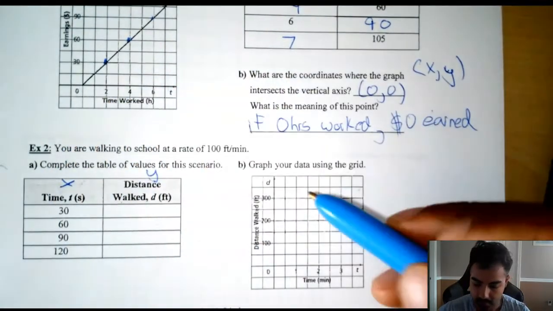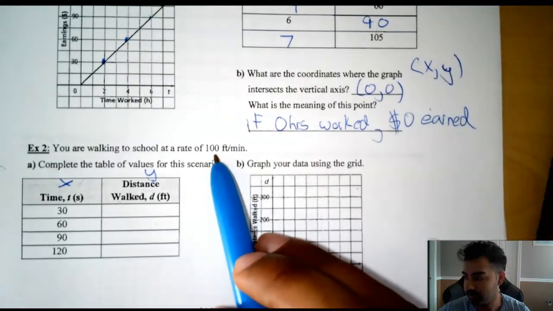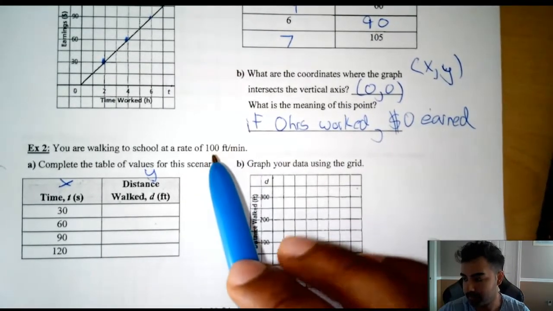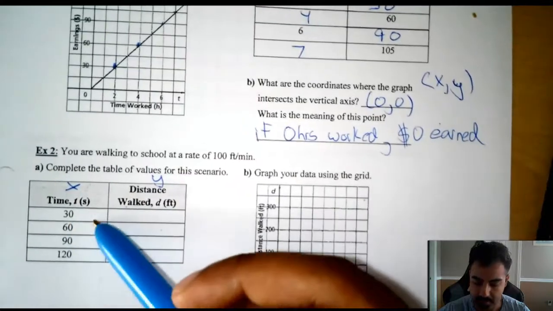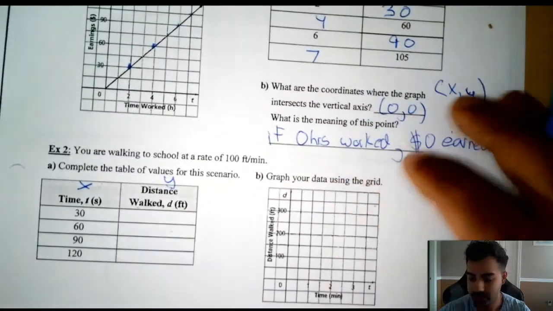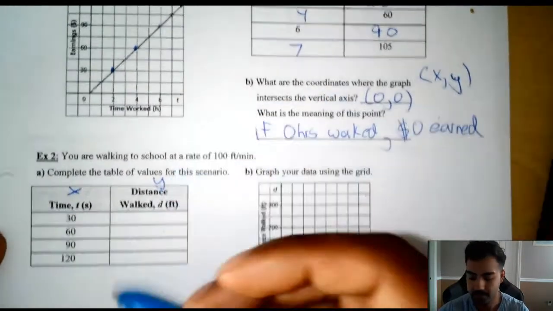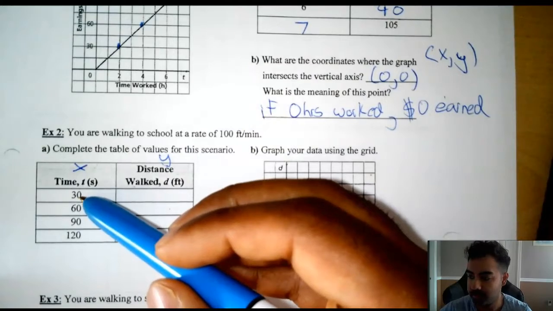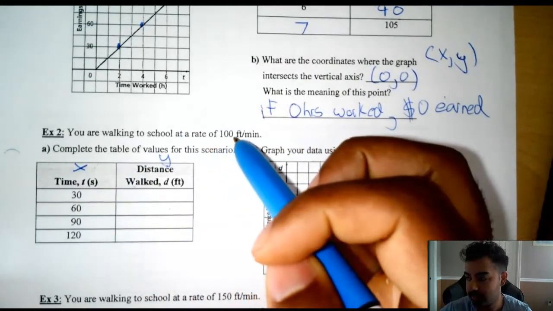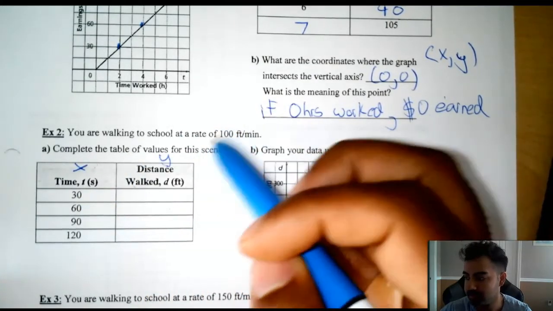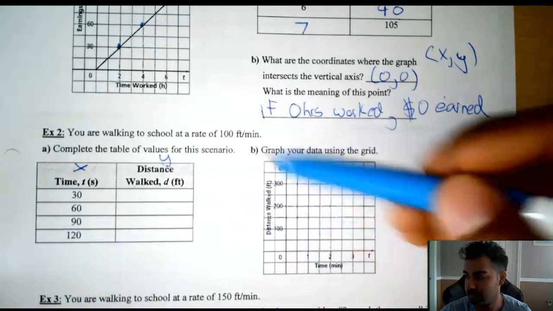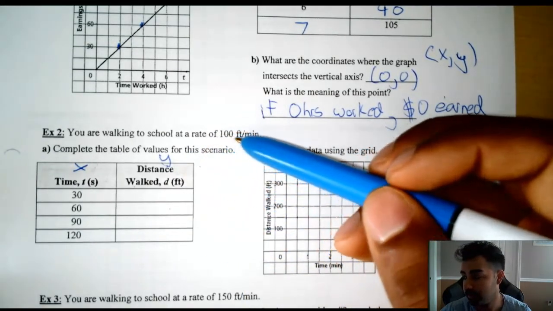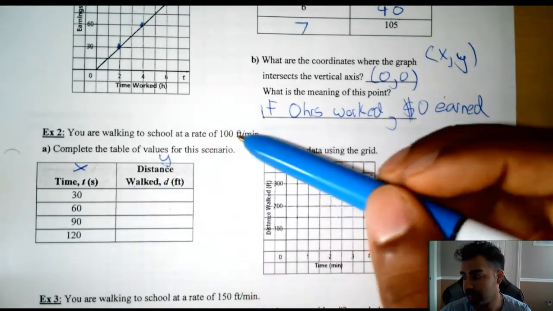Okay, and they have our rate, right? How fast the slope is going up or down. So 100 feet per minute, right? So you know that in 1 minute there are 60 seconds, right? So in 60 seconds, I know we could just convert all this, but I'll just do it in our head right now because the idea is to plot it. So 100 feet per minute, that means in 30 seconds, in half a minute,